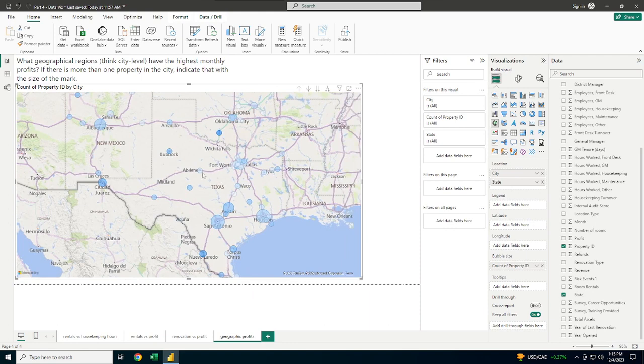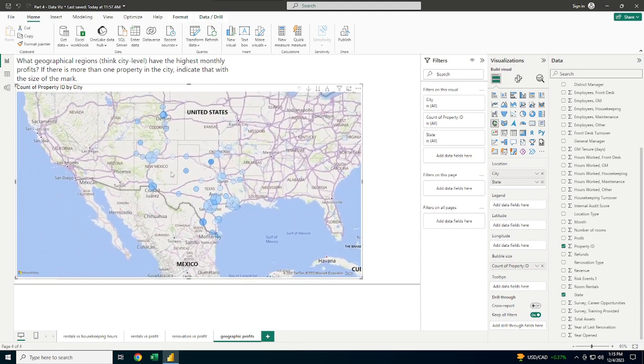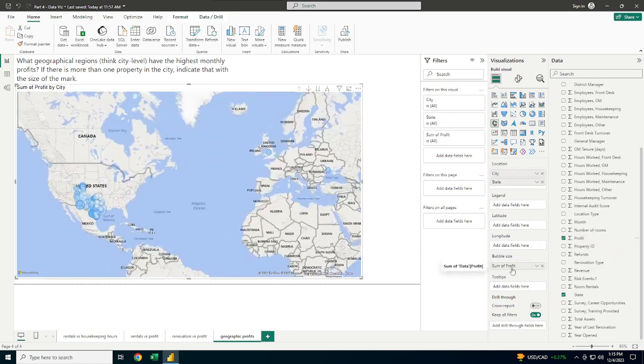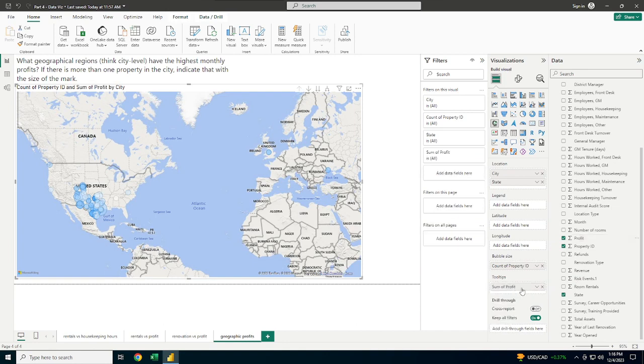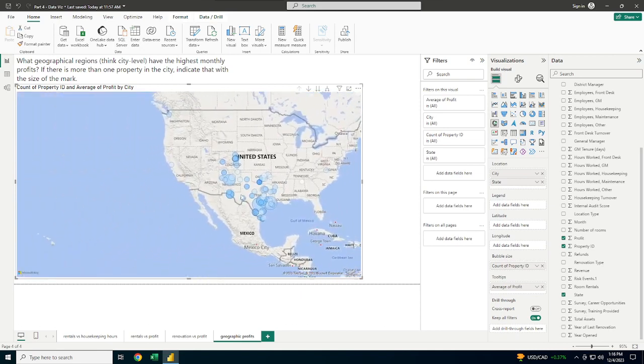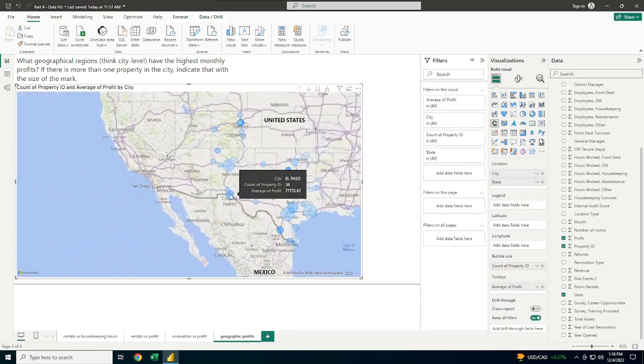This is more manageable, more insightful. It'd be nice if we could see, we got Oklahoma City and we got count. Let's see if we could take profit and add that to, oops, come back. We want property size in there too. Oh, I know what we wanted. We'll undo that. We'll keep property ID, but we're going to take profit and add it to tooltips. Then we'll average profit. So now when we hover over it, we can actually see the profit, and we can